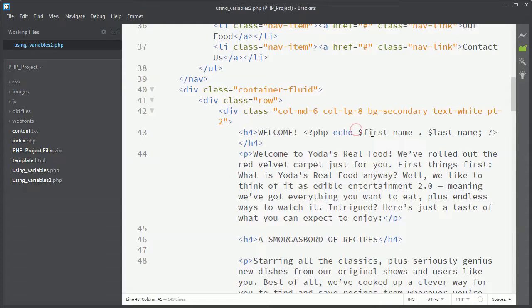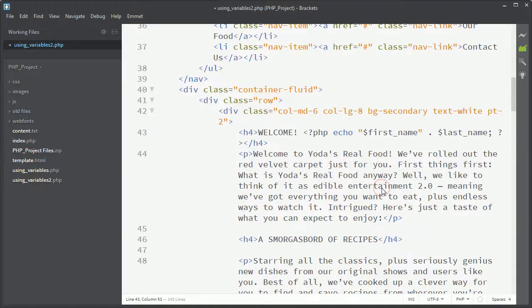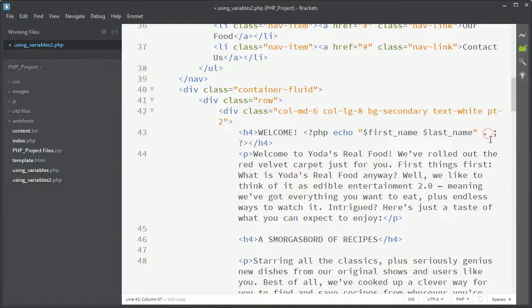For example, let's say now I'm going to echo a string. In order for me to echo a string, I have to start my string with a double quote and end my string with another double quote. Whatever I put inside here will be treated as a string. This one would include spaces as well. So for example, if I were to cut this one in now, and I put a space followed by the other variable, and then I remove this dot now,